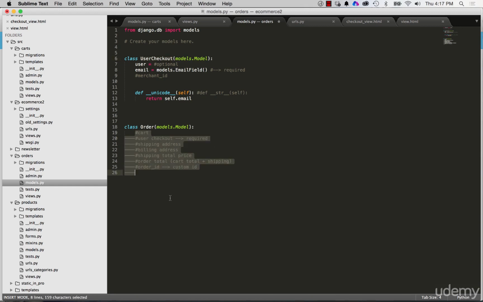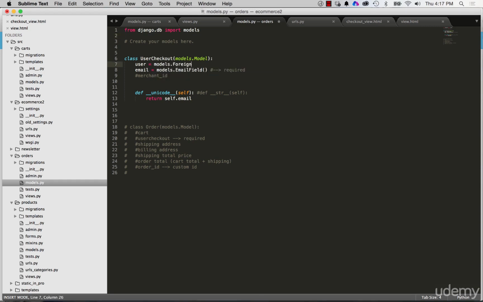So basically, all of these fields are required, is what it comes down to for this order. It has to have a cart, it has to have a user checkout of some kind, or the user that's doing the checkout, basically, shipping address, billing, shipping price, how much the shipping costs, total of the order, and then finally an order ID, so a custom ID that will generate based off of this stuff. So since we have this kind of thought out, I'm going to comment it out for now and finish off this user checkout stuff because this order, we don't actually create it until we can get past the part where we're at in the checkout process. So let's add this user, and I'll do